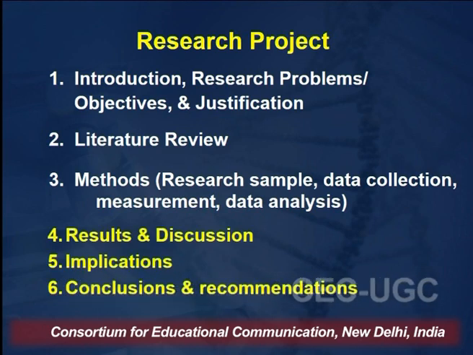So fourth comes the results and discussion, as I said, what have you found? And then the fifth part comes as the implications, that is, the inference and the implications. So what? If you have found out this thing, then what? How does it affect anybody, or what did you start to find out? And then obviously the sixth one is where to go from there, then what for, which is the conclusion and